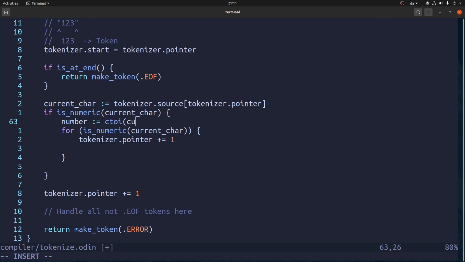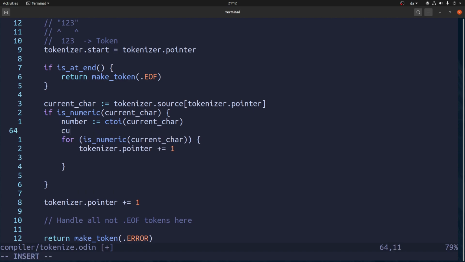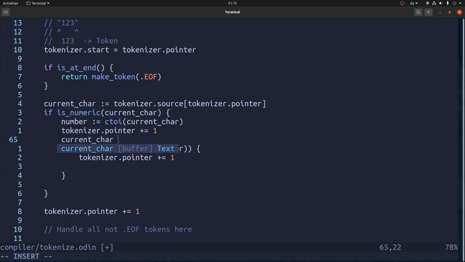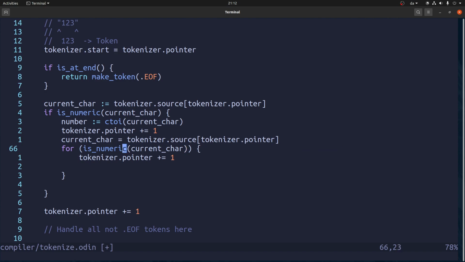Let's do that. Convert char. Then if the next one, then we're gonna advance the pointer. Current char is gonna be reassigned. If it's still numeric,